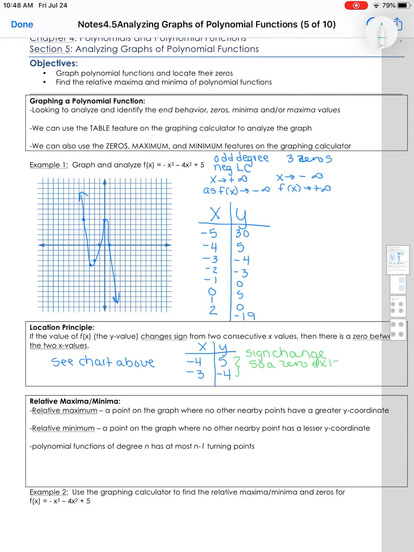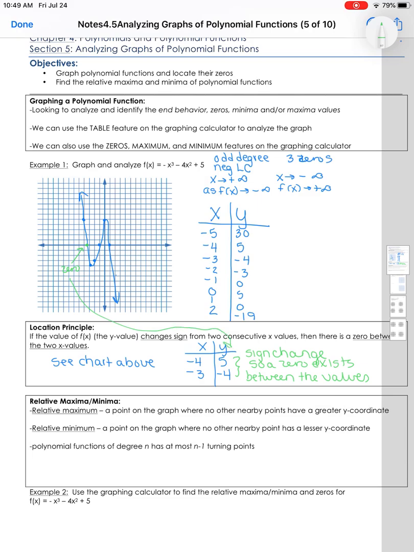So if we look at this chart, it's not the x value, but we have consecutive x values, so we're good. But if you look at the y values, we are going from a positive to a negative. So we have a sign change. Whenever you have a sign change, you ask yourself, what number has to fall between both a positive and a negative? That has to be 0. So there is a sign change, so a 0